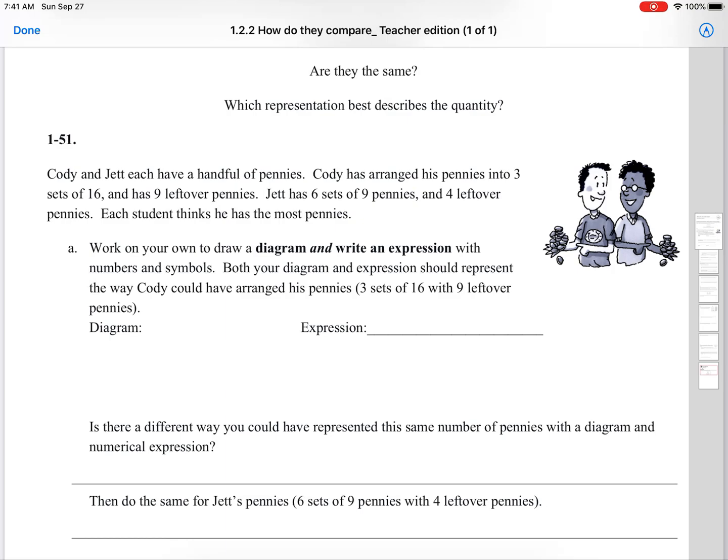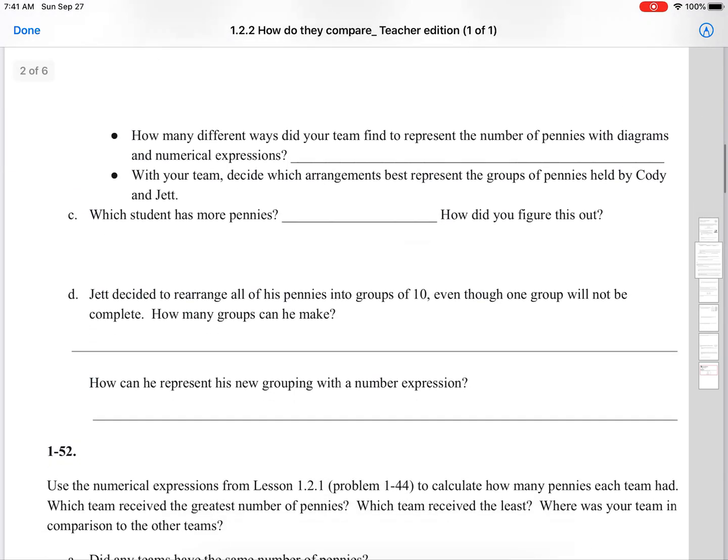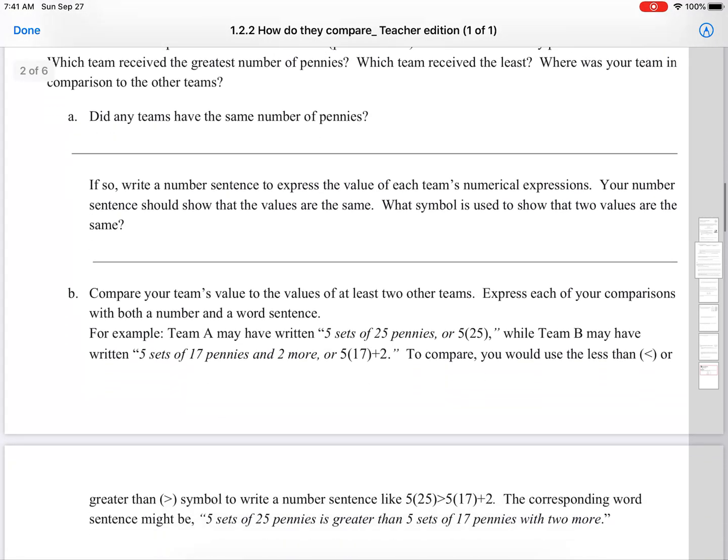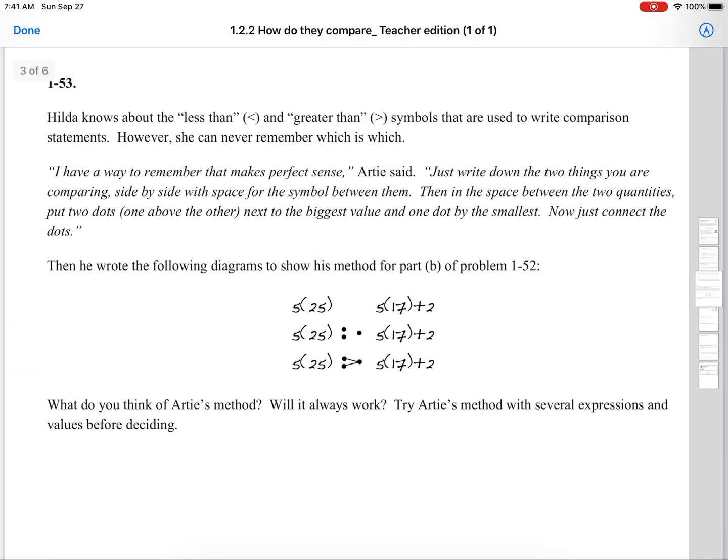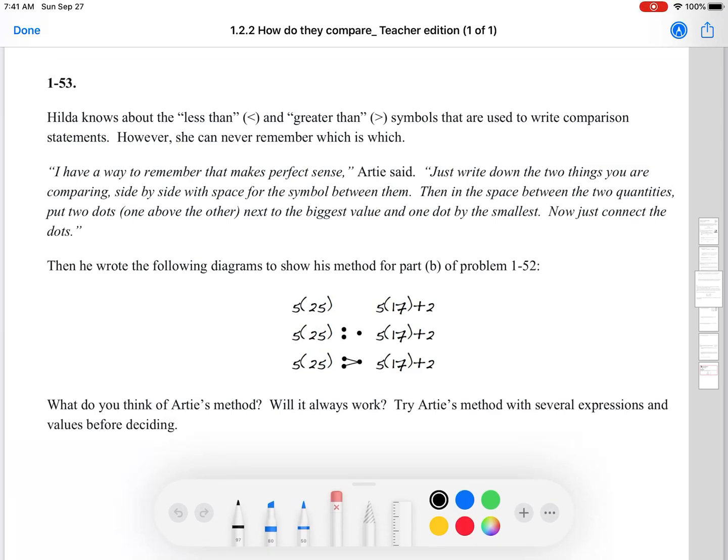I'm actually going to skip over a couple of problems. 51 I'm going to skip over. 52 I'm actually going to skip over, and I'm going to start with 53. So what we have is,